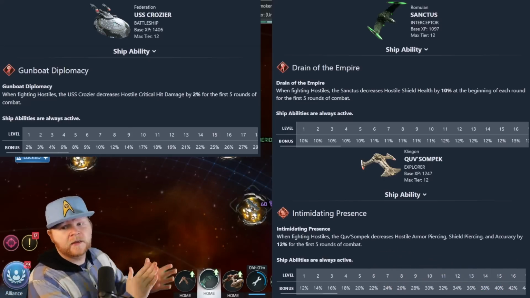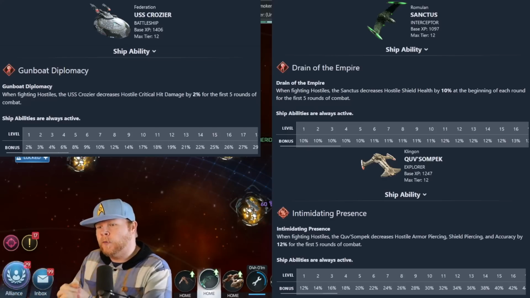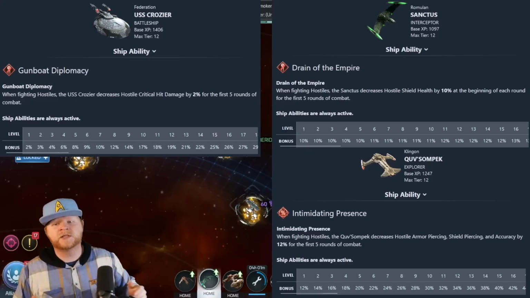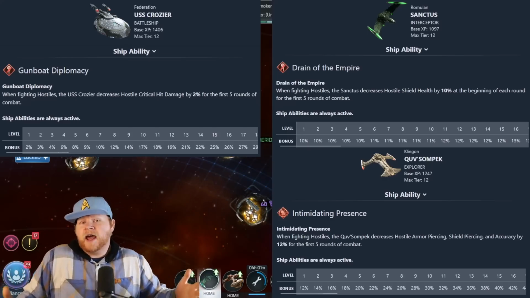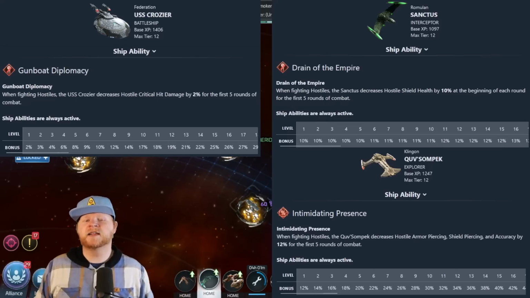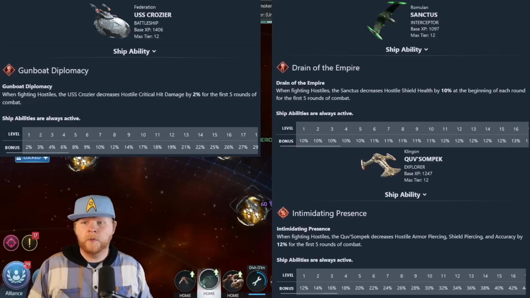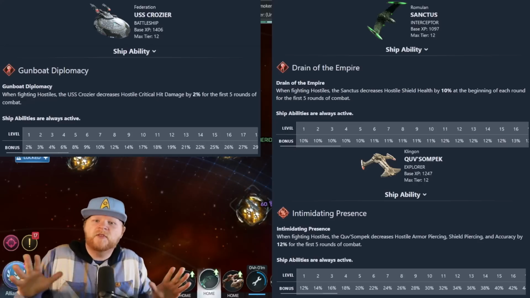Take a look at the Sompek. The Sompek special ability is, when fighting hostiles, it decreases the armor piercing, shield piercing accuracy by 12% for 5 rounds of combat. That one actually I think is better than the Croziers, but it will vary based on the hostiles you're fighting. Most hostiles don't come out with huge critical abilities and critical damage, but some of them do, so